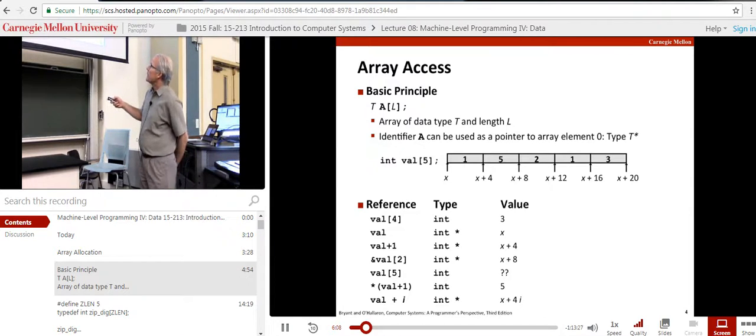But I can also just refer to val, and its underlying data type is an int star. It's a pointer to ints, and its value would be x. It's just a pointer. A pointer is, remember, an address, and it's just the address of the beginning of the array. And I can do pointer arithmetic on val, which, as you know, in C, and this is a little